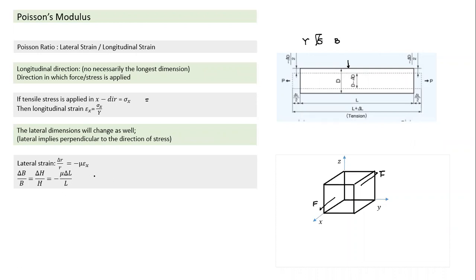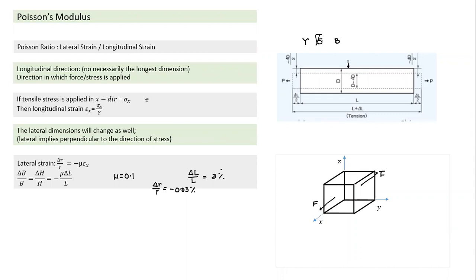And mu value, if it is 0.1, what does mu equal to 0.1 imply? Let's try to understand. If mu is equal to 0.1, it implies if due to a force, I have a longitudinal strain of 3%, so length has increased by a fraction of 0.03, the lateral dimension will shrink by 0.1 times of 3%. So lateral dimension will shrink. So delta R by R will be equal to minus 0.3%. That's what it means. So Poisson ratio is a definition.